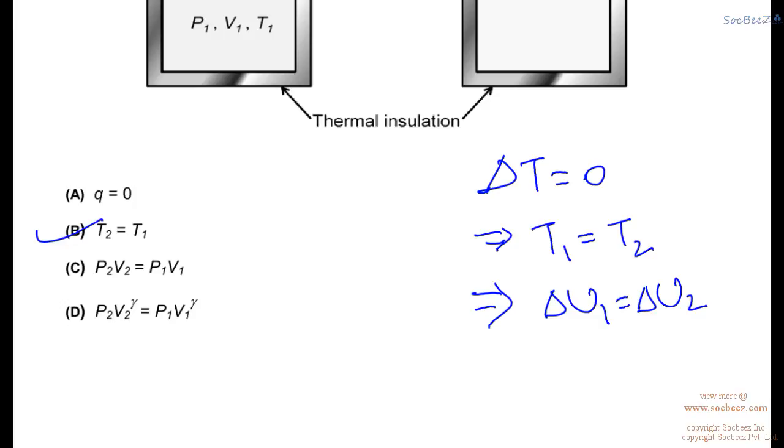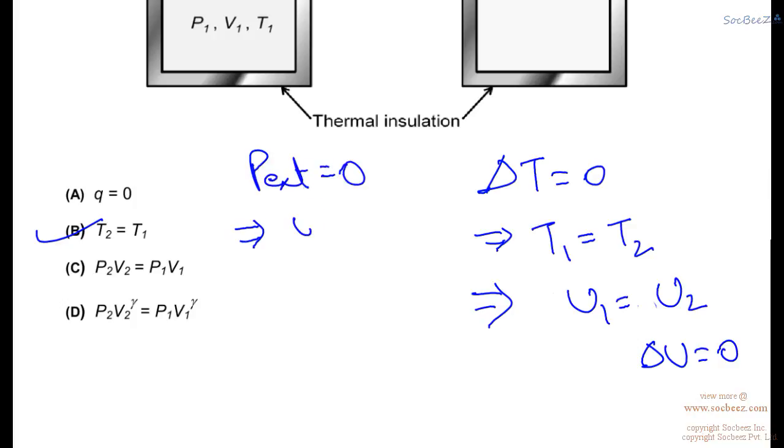Now since this is not delta U1 equals delta U2, that is U1 equals U2, so it means here that delta U equals 0. Okay, so now since this is the case of free expansion, because P external equals 0, this implies that work